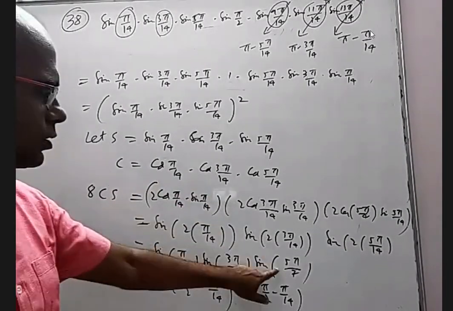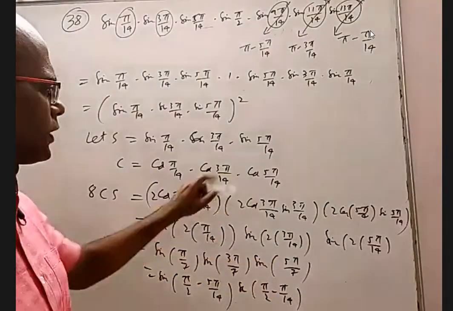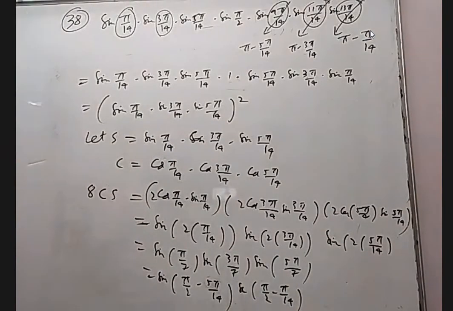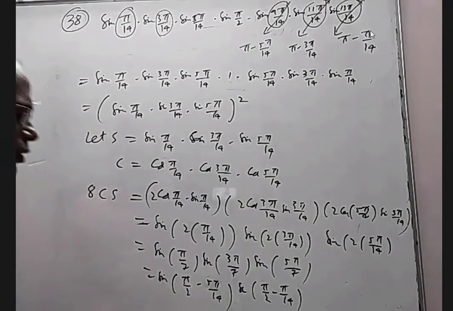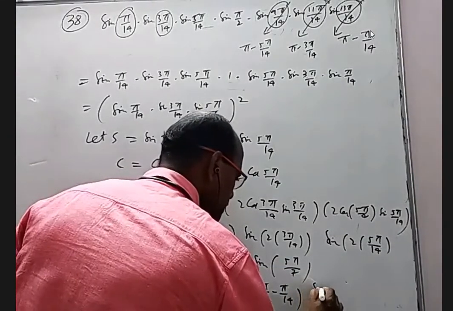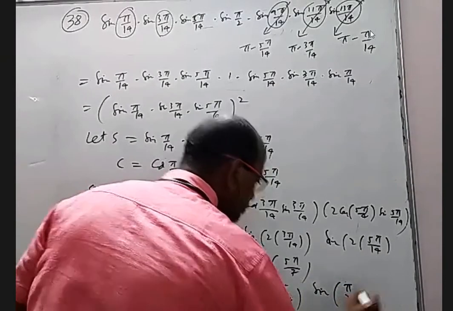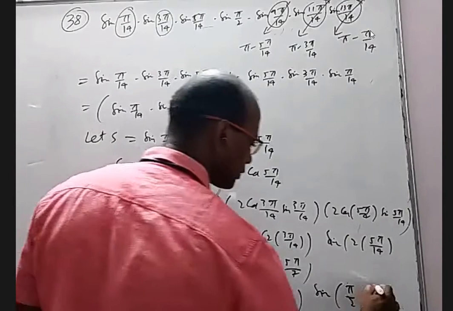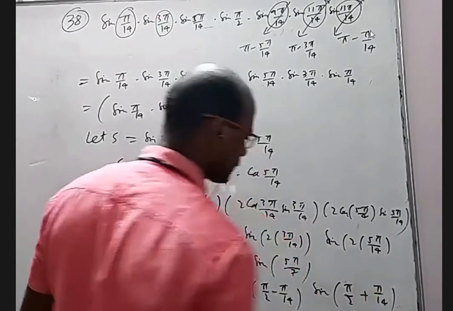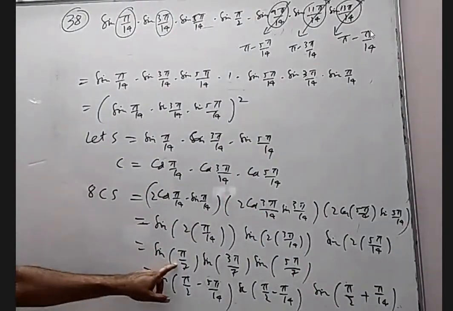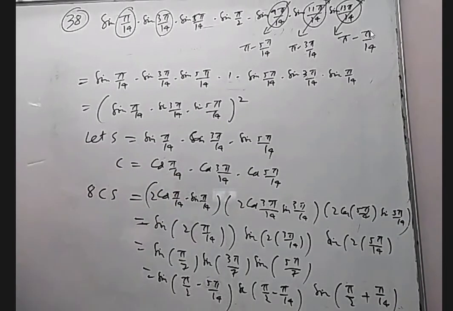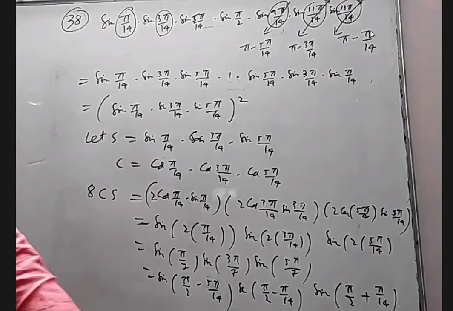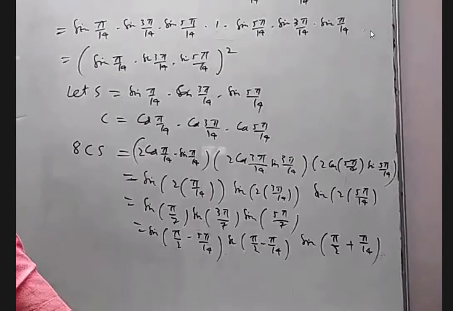So this and this is 10 and 3, 13. So something wrong there. 10 pi by 14. No, I have to subtract it. Then it will get 10 pi by 14. So I have to understand this is sine pi by 2 minus or pi by 2 plus pi by 14. So I'm able to find these angles in terms of these angles, somewhat like the previous question, previous method.